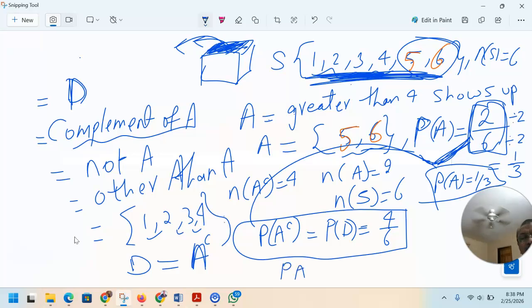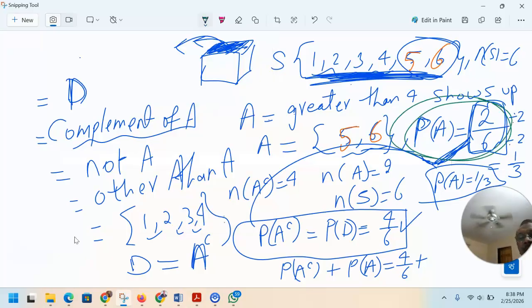So probability of A complement plus probability of A: A complement is this 4 over 6, and the first one is 2 over 6, and clearly it is 4 plus 2. When both denominators are the same, you just write it only once and you get 6 over 6, and that is 1. That's what we learned. So instead of doing it this way, this is the complement rule, or you could also write,